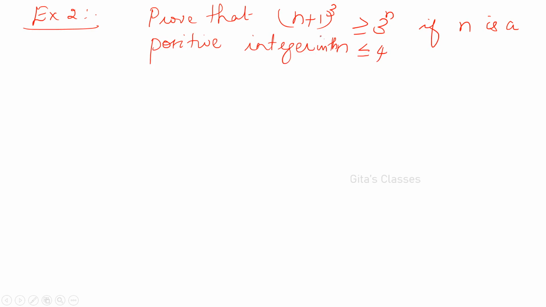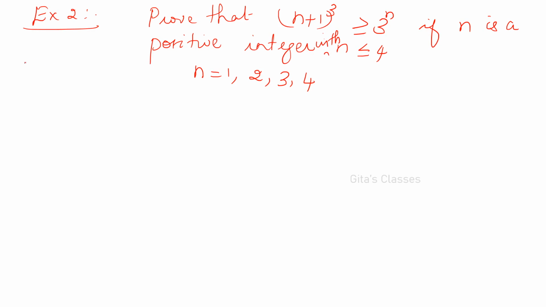Now, what are the values you have to prove? For n is equal to 1, 2, 3 and 4. We are confident that these are the values we have. For n is equal to 1 you can prove, for n is equal to 2 you can prove, n is equal to 3 and n is equal to 4 you can prove. In the previous problem, it is proof by cases. We are not sure which will come. For all the 6 possible cases we have proved, but here we are certain that these 4 values are given. So you have to prove for all the 4 values.